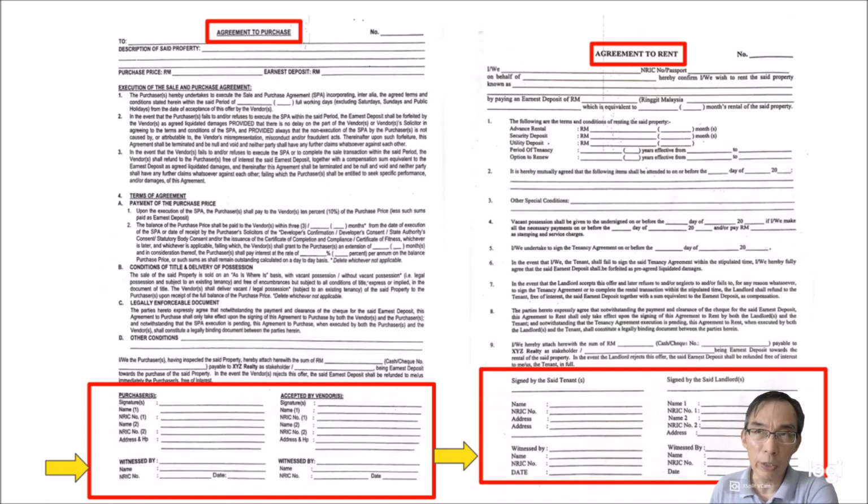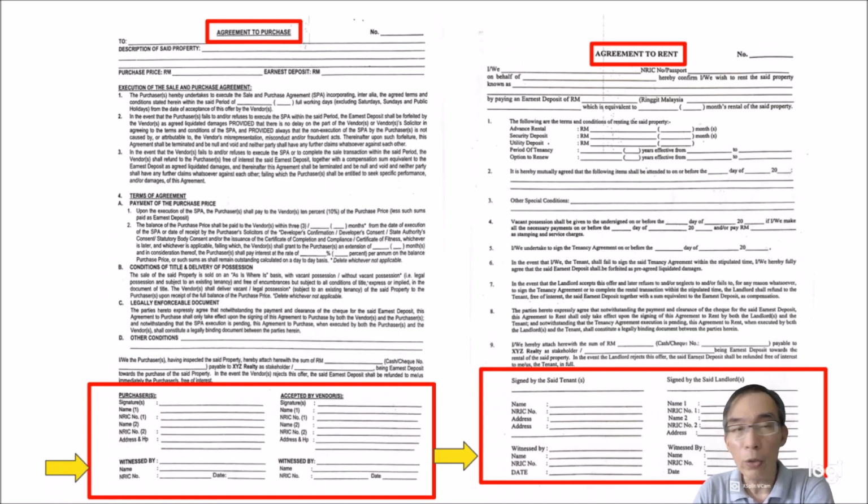So if it is a residential house, usually the landlord would have his own standard tenancy agreement, and this tenancy agreement is given to the tenant to read. And if the tenant is happy and okay with the terms, then the tenant would sign on the tenancy agreement as an offer to rent. And when this tenancy agreement reaches back to the landlord, the landlord accepts it by signing on the tenancy agreement. So that is the process in on the ground practice for residential